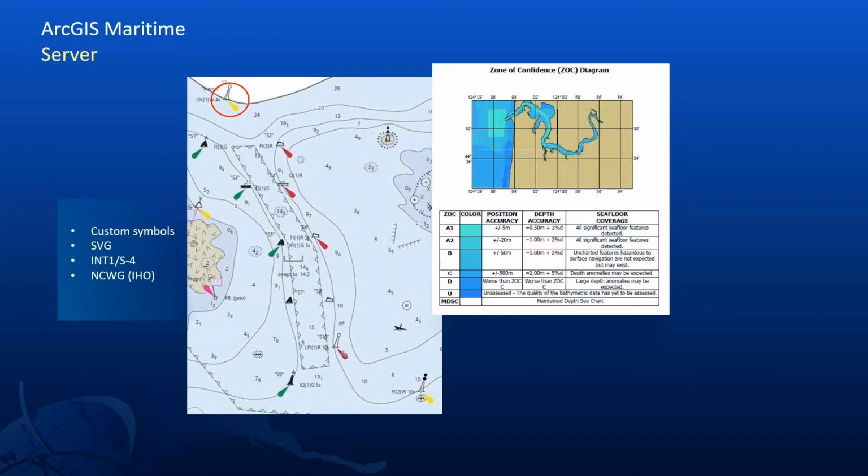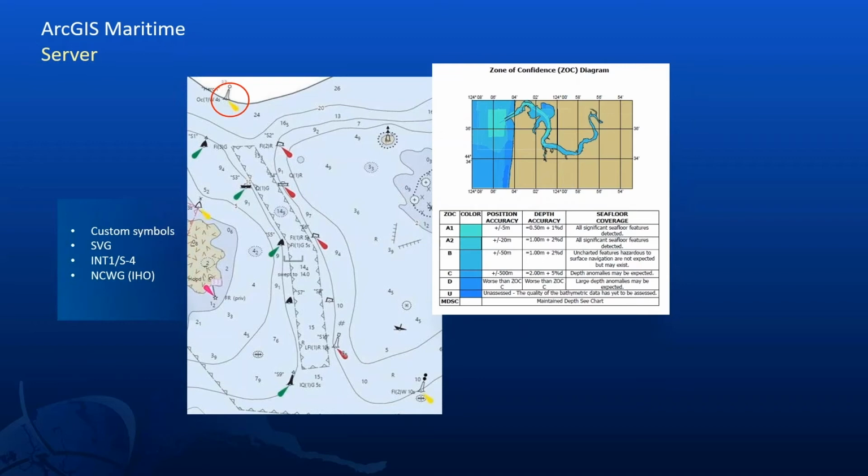Another thing that people needed to be able to sunset their traditional paper charts and move to products on demand was the zones of confidence diagram. And this is also available now with the release of 10.8.1. And as you can see here, we went with colors to show the ZOC zones instead of using the traditional A1 through U designations. And this is because the idea with products on demand is to completely automate the entire